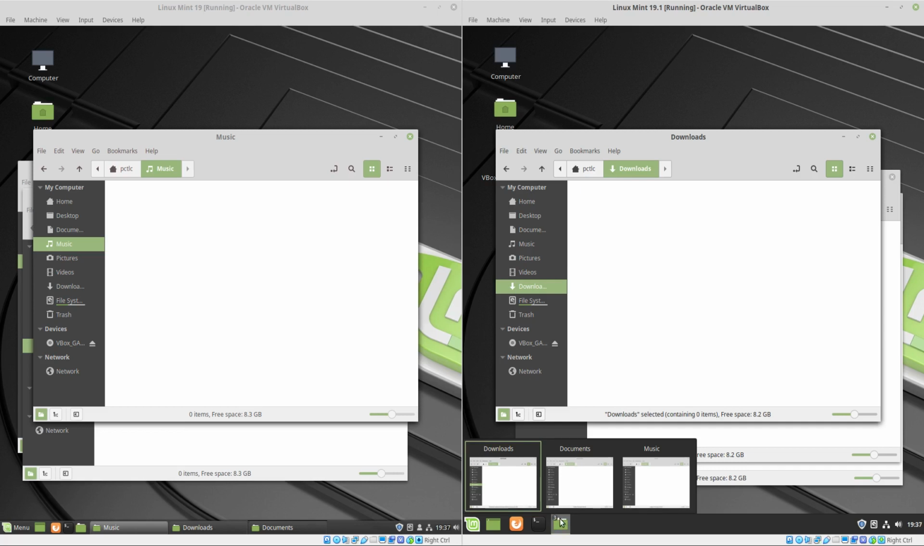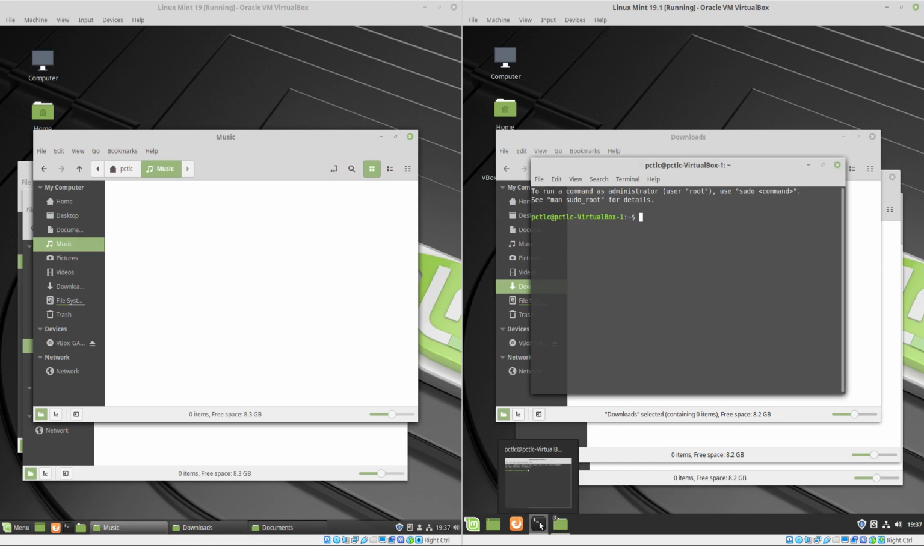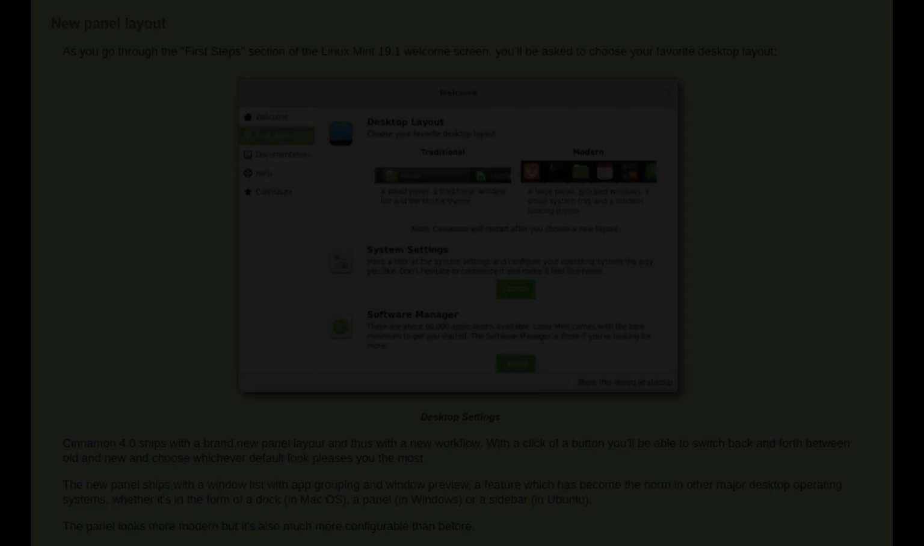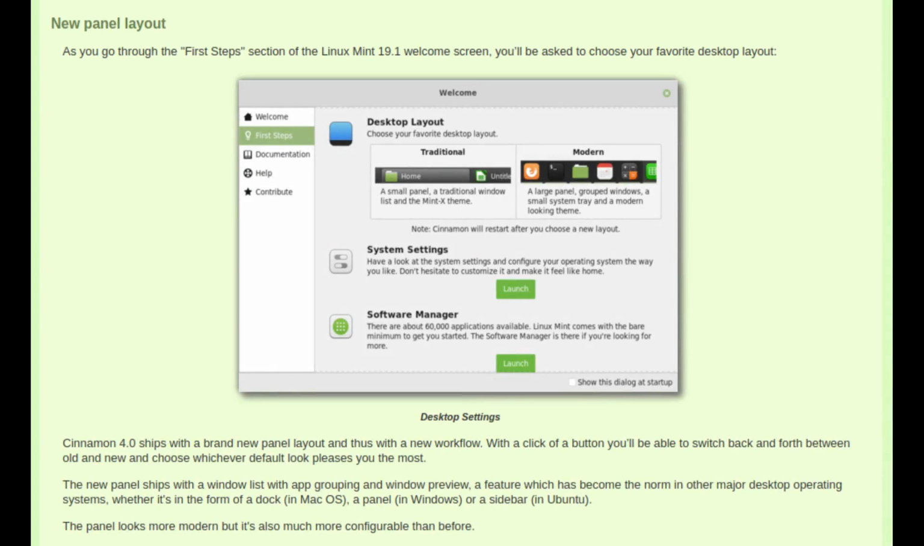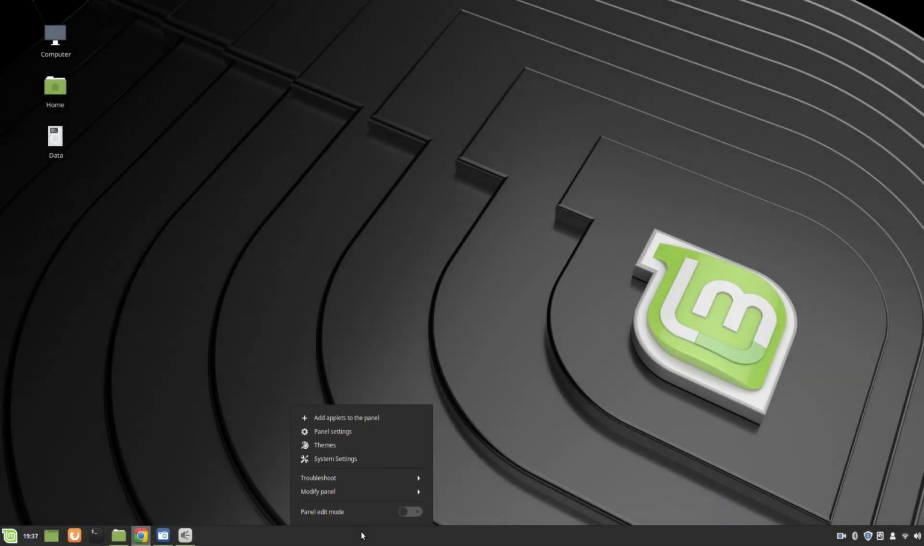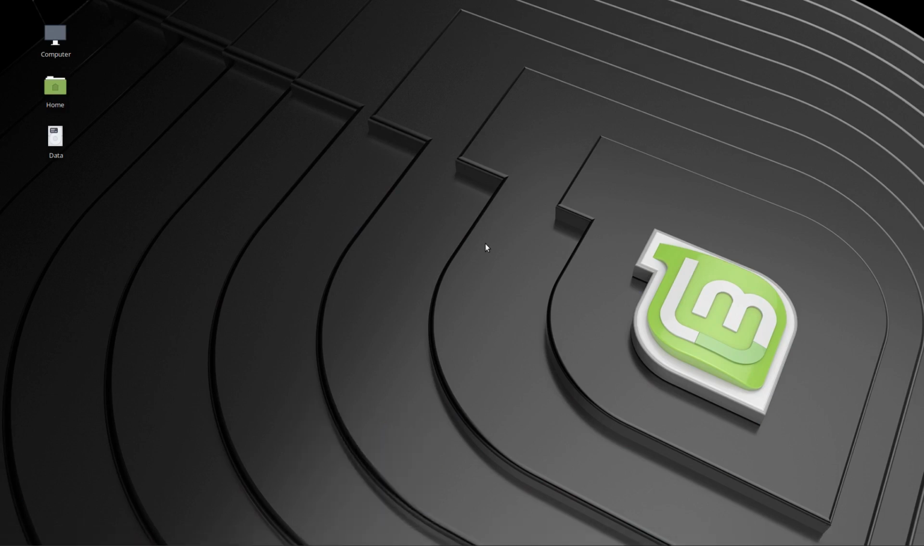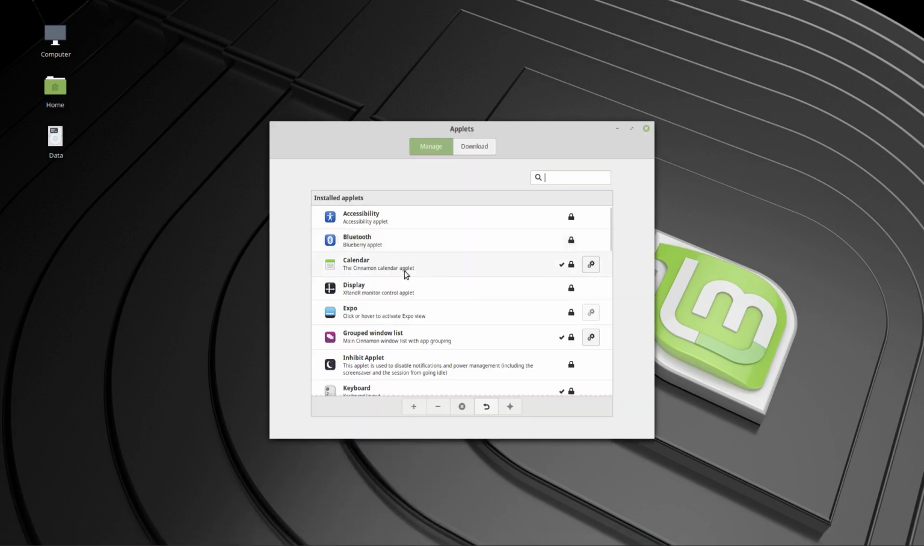If there's only one, it won't give you a number. So that's how that works. So that's the panel layouts and the app grouping. Now I believe, I'm not 100% sure, but that app grouping is also part of